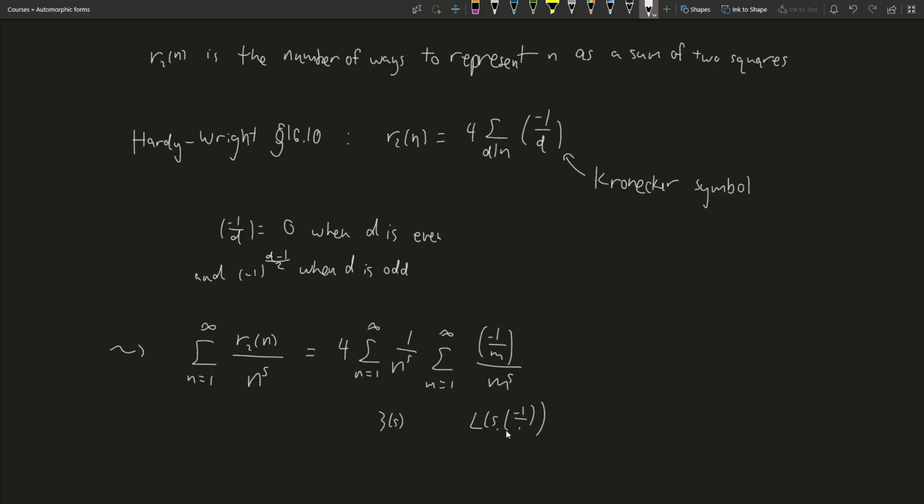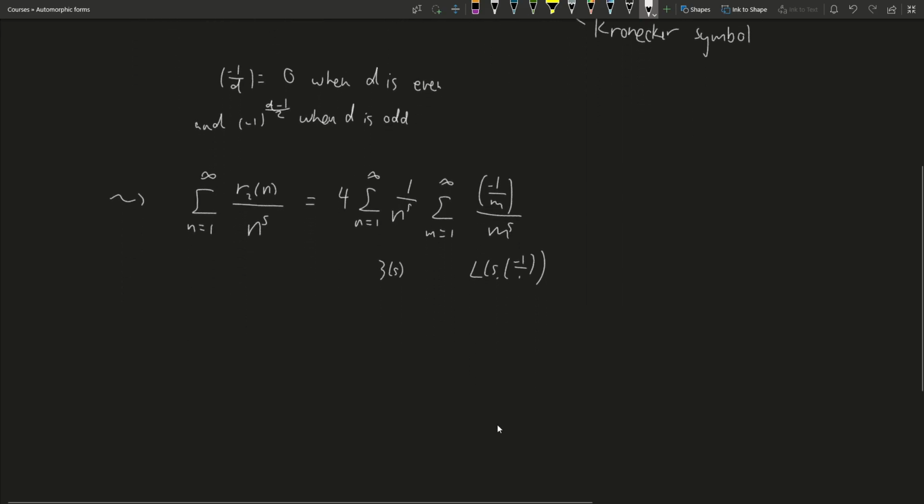And this Dirichlet L function, written explicitly, is 1 to the minus s, minus 3 to the minus s, plus 5 to the minus s, minus dot dot dot. Okay. And because we have this representation as a product of